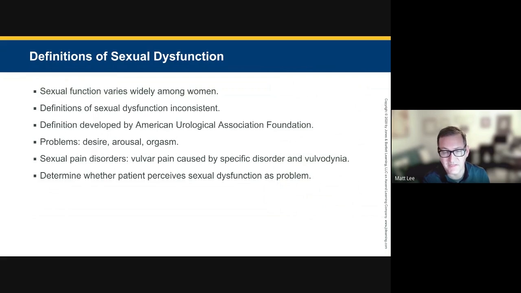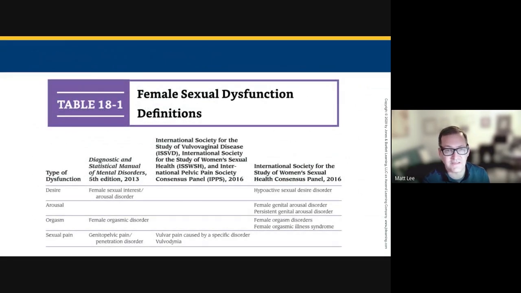So one woman may come in and be distressed. I've had patients like this in my practice. I'm distressed that I'm not interested in sex daily with my husband or with my partner. There may be another woman and her partner who have sex once a month and she's very satisfied and happy with that. She has no distress about that at all. So one, having sex every other day but not every day, is distressed about it. And the other, having sex infrequently, comparatively, is not distressed. So no real issue.